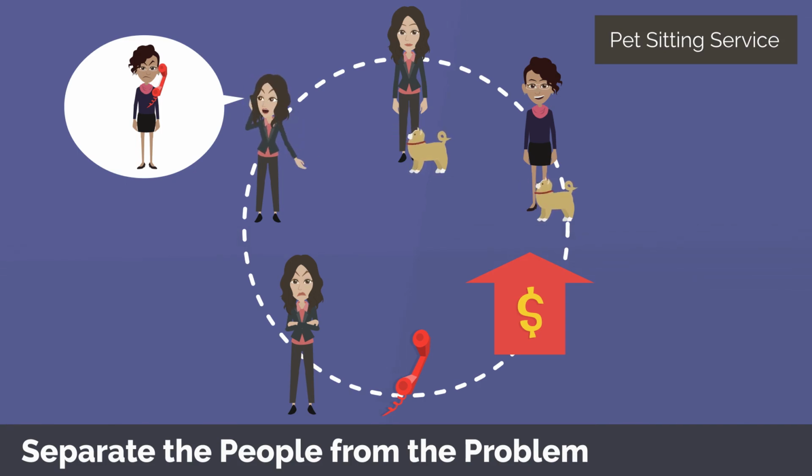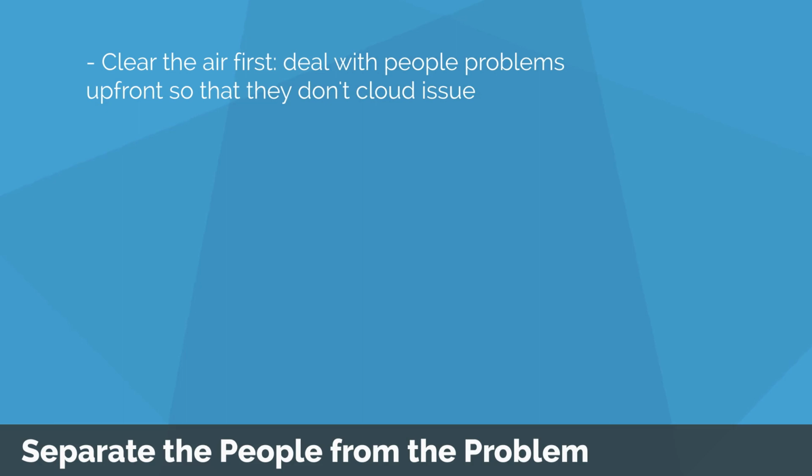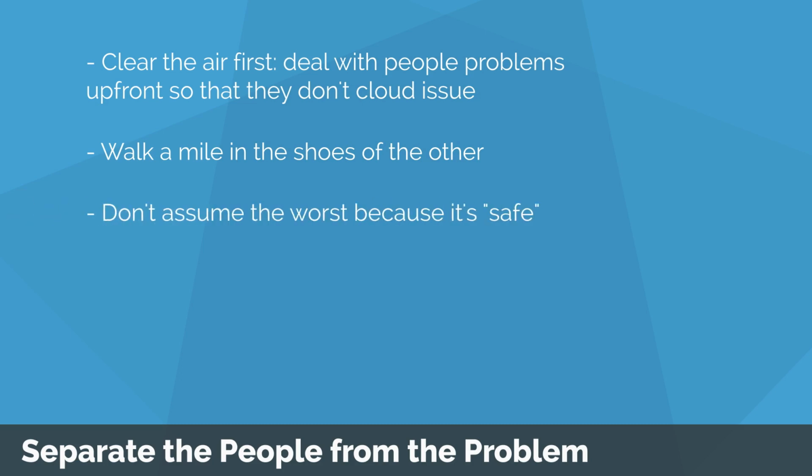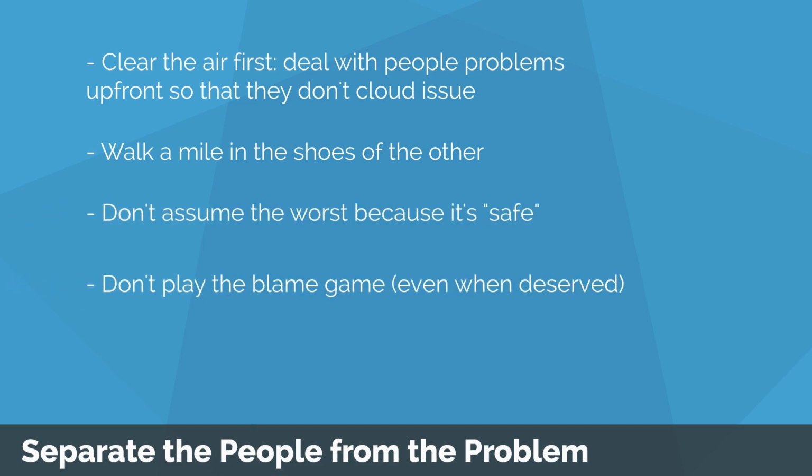How could I get past my frustration and work with the same company again? Principles of integrative negotiation suggests that this is a situation where we need to separate the people from the problem. Start by clearing the air. Explain what you heard and how it made you feel. Try and put yourself in their position. Don't assume the worst case. Don't play the blame game, and give them a stake in the outcome.